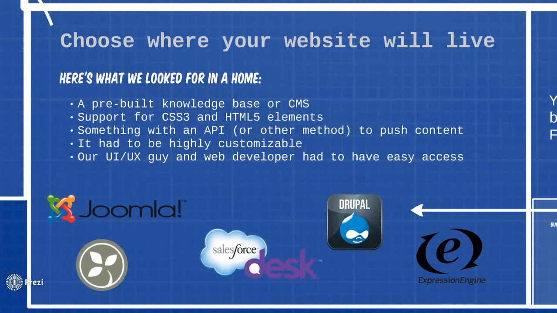It also had to have an API or some other method to mass push content up to the site. In other words, we recently had a release with over 200 articles that needed to be updated on our live website. We use our Homebrew tool that I told you about, which again I'll talk a little bit more about in the next couple slides. We use our Homebrew tool to talk to an API to send our content up to that website. So we basically shoved all those articles up at the same time without having to do a lot of manual work to make that happen.